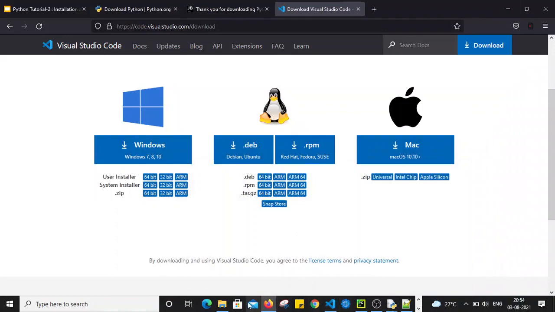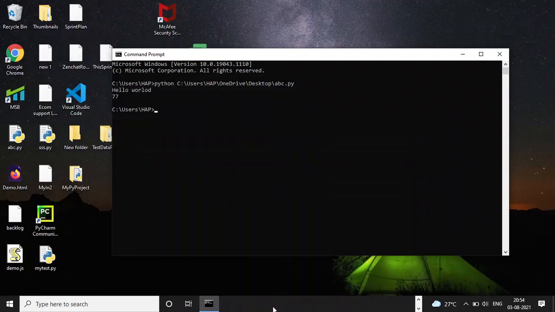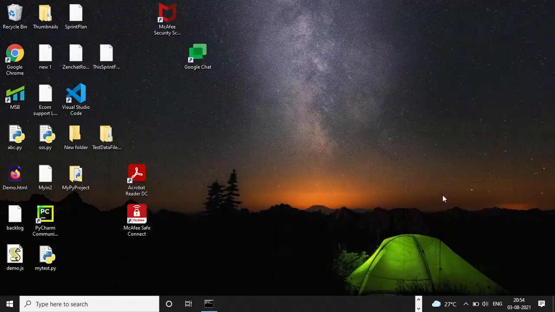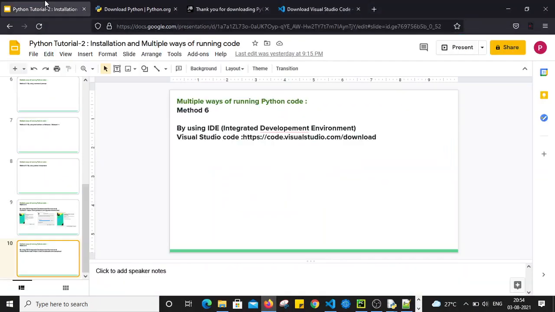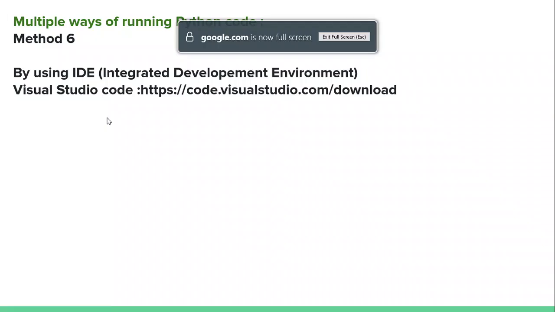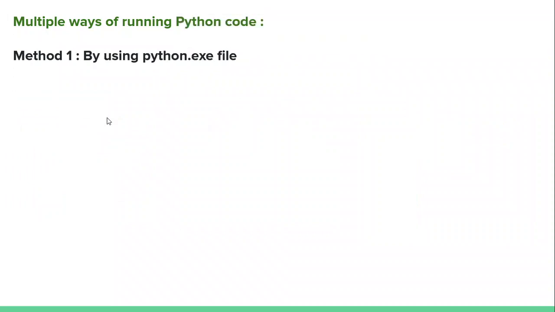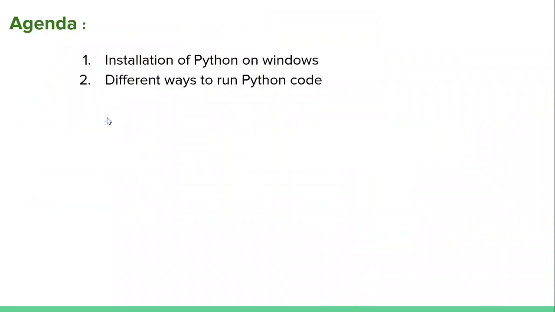Let's revise one more time what we have seen today. Just for revision, we have installed Python in our system. You go to the download Python website and download the latest version of Python.